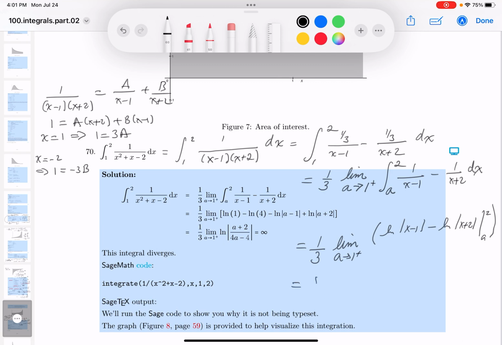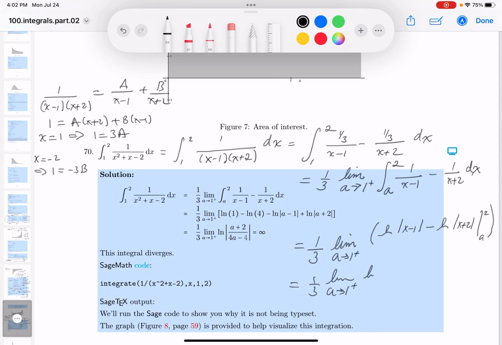Let's do it. 2 minus 1 is 1, the natural log of 1. Minus, I'm evaluating at 2, by the way, 2 plus 2 is 4. That's done. Minus